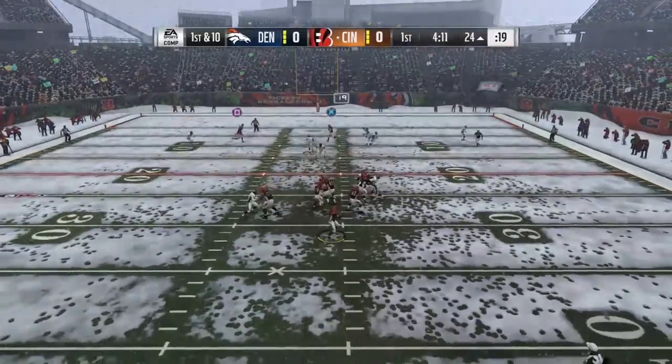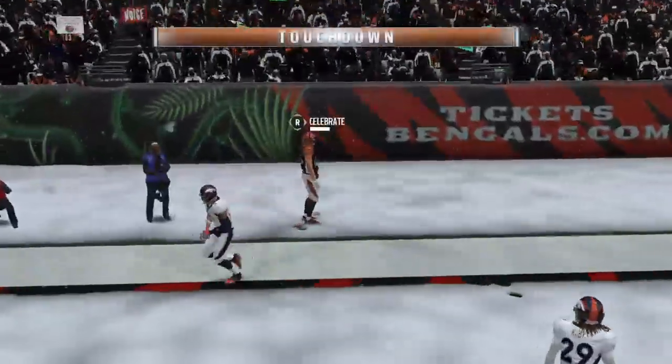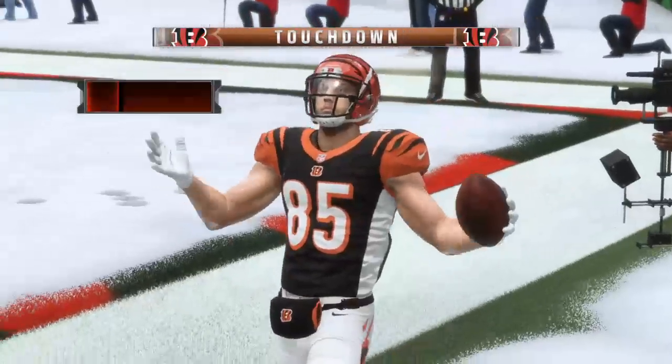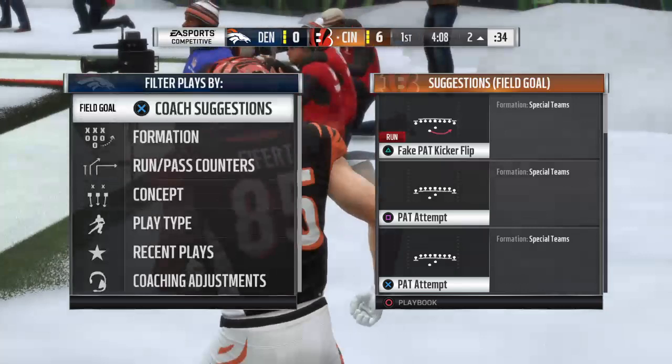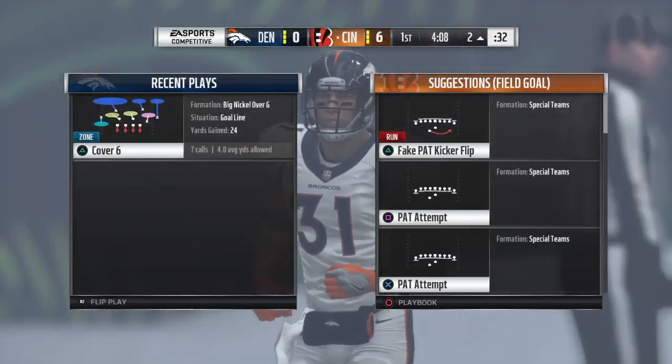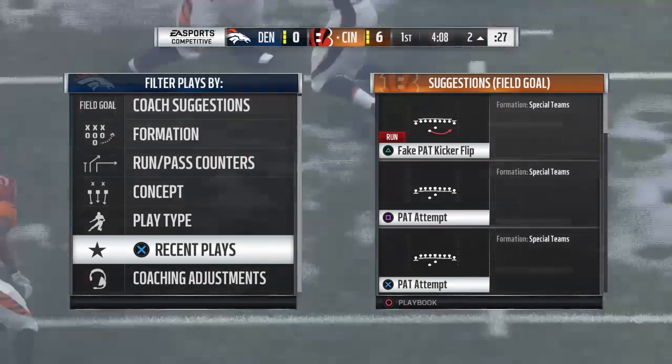Their D gets the INT. Now what can Dalton do? Going for it, and he's got his big tight end, Eifert, and it's a Bengal touchdown. Tyler Eifert, a 24-yard touchdown. And the Bengals are going to take a first-quarter lead. Well, that didn't...